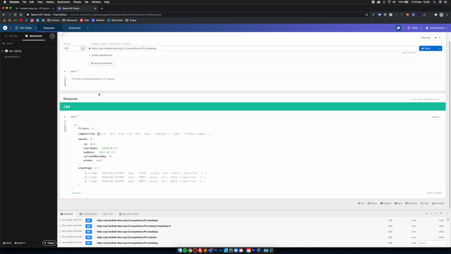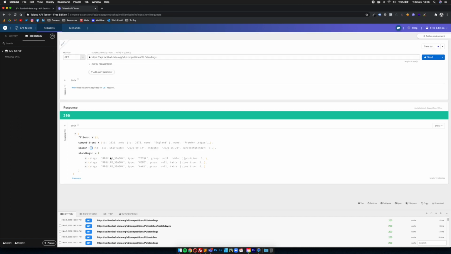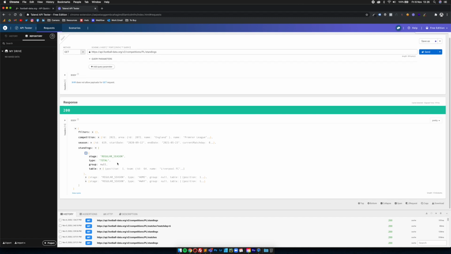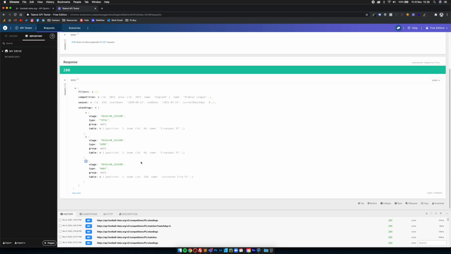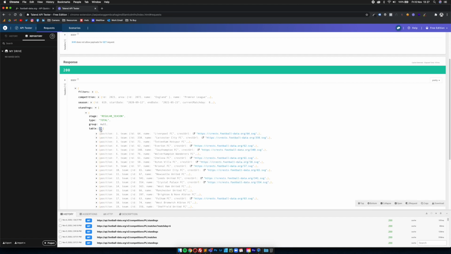If we just take this down, we don't need that. It tells us what season we're in. So we can access this JSON object by putting in standings. This will bring back our regular season, and then you've got total, home, and away. So you can show the league table by home record, by away record, or by the total record altogether. And then you've got your table,